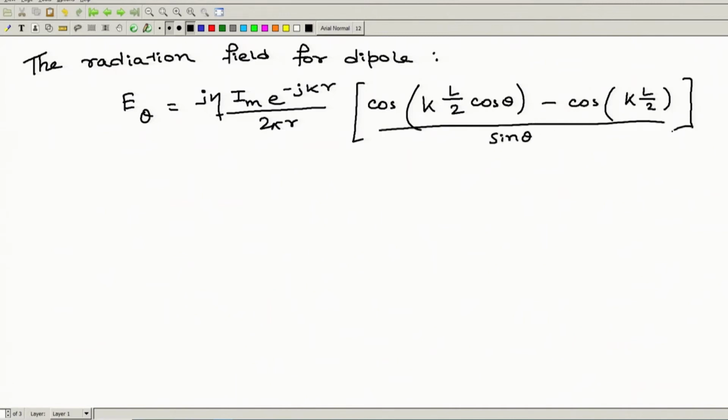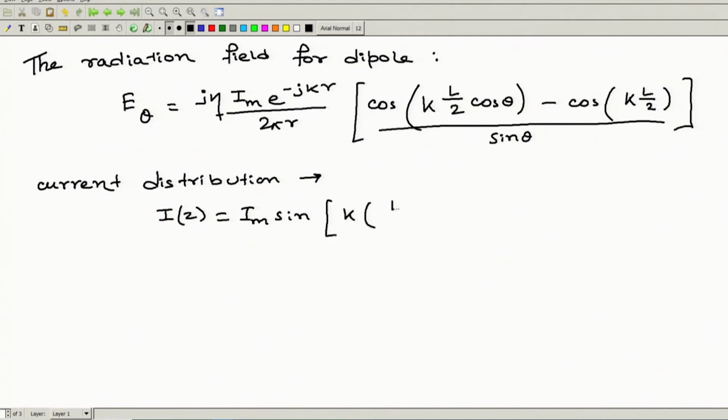So this was the radiation field for the dipole, considering in this case the current distribution used to be Iz equals Im sin of k times l by 2 minus z. With this equation, if this is equation number A,